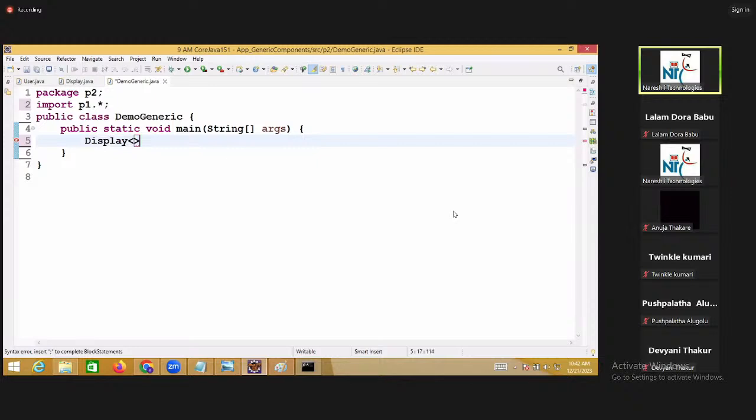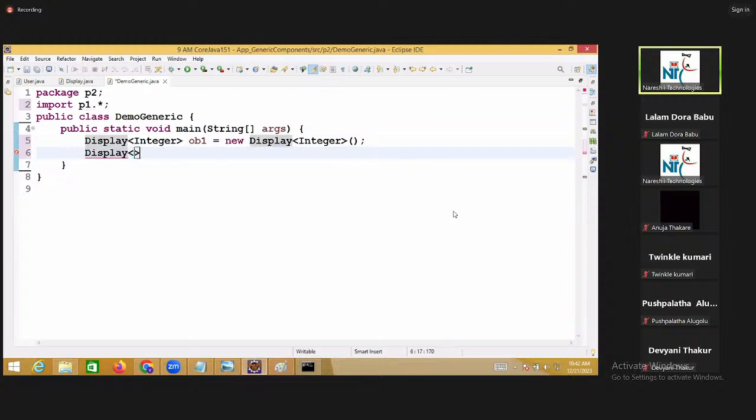is going to hold integer object: ob1 equal to new Display holding integer object. Now Display going to hold string object: ob2 equal to new Display holding string object.